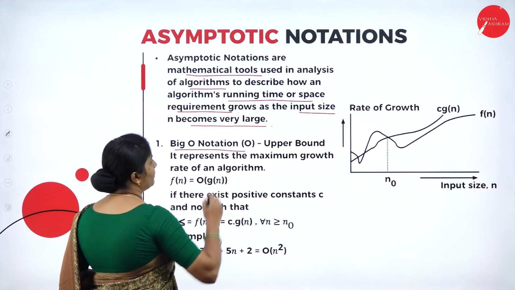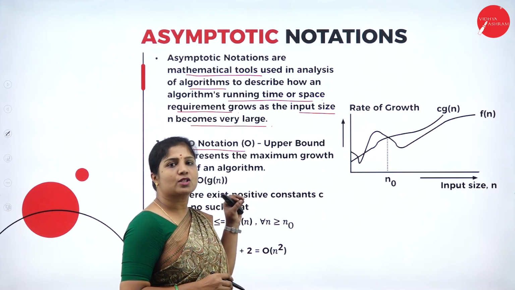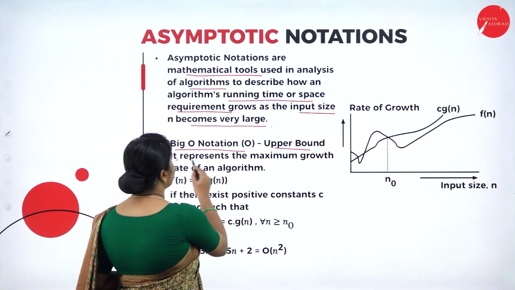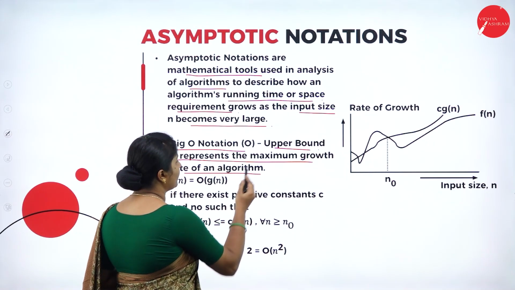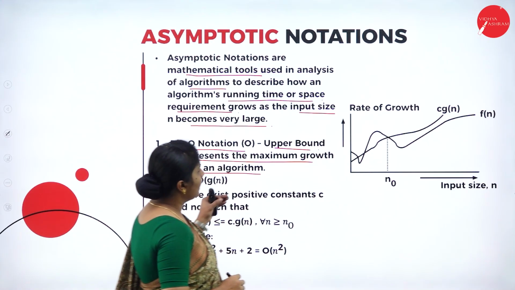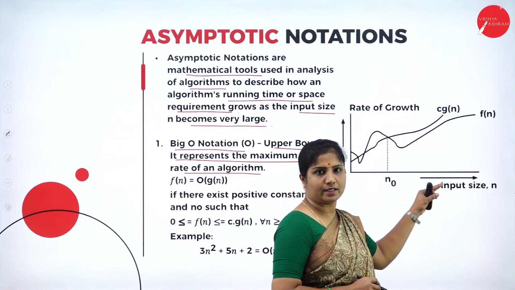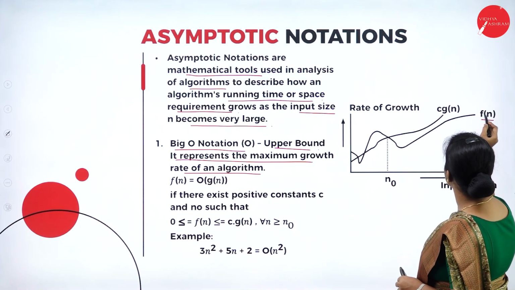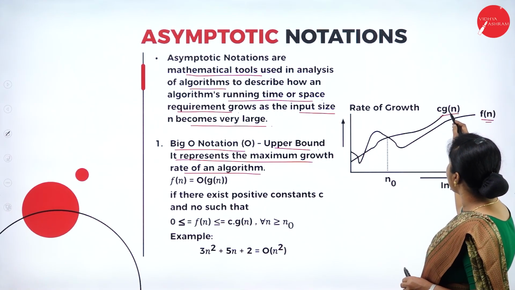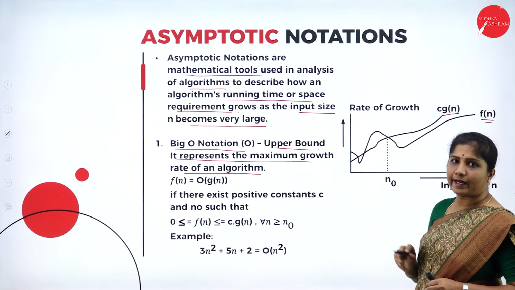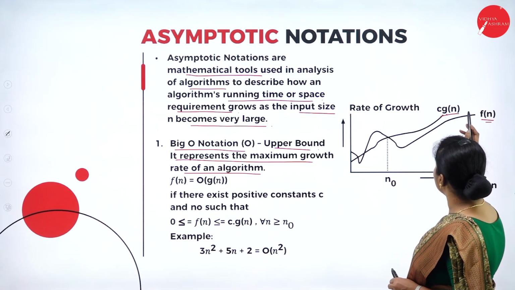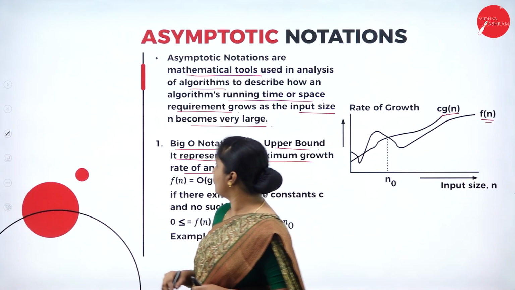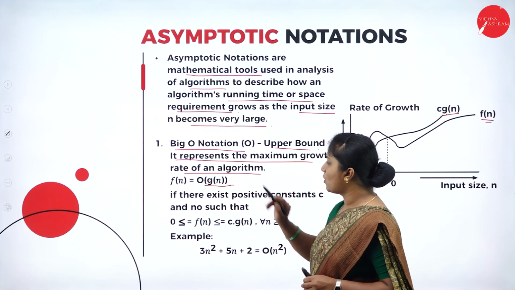First, we have the big O notation, which concentrates on the upper bound. The upper bound represents the maximum growth rate of an algorithm. Here we can see how we can represent it in the diagram. See, f of n lies below c of g of n, which represents the rate of growth. c of g of n is higher than f of n. See here, f of n equals big O of g of n